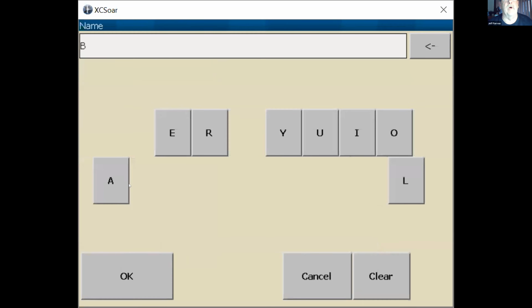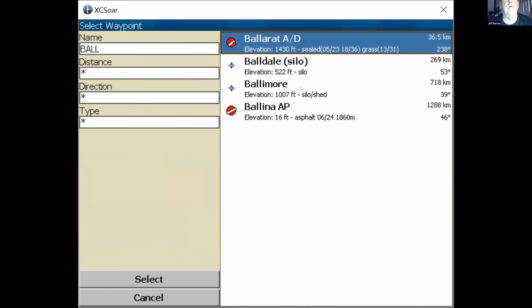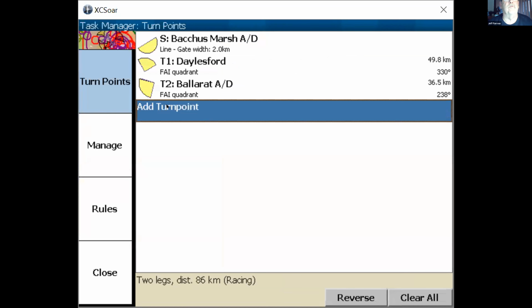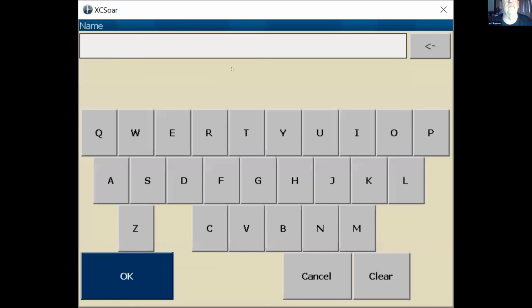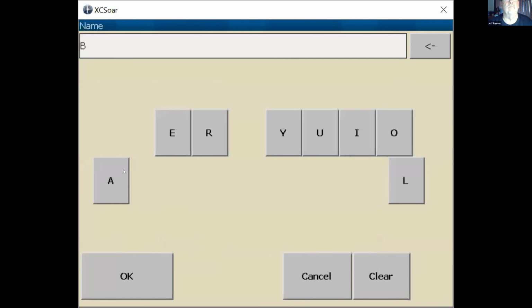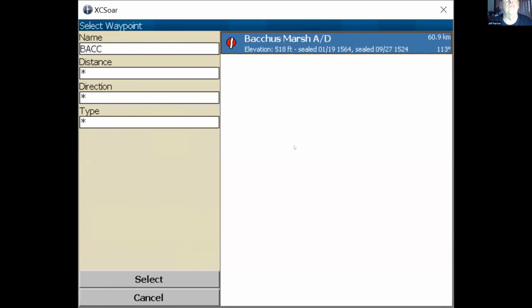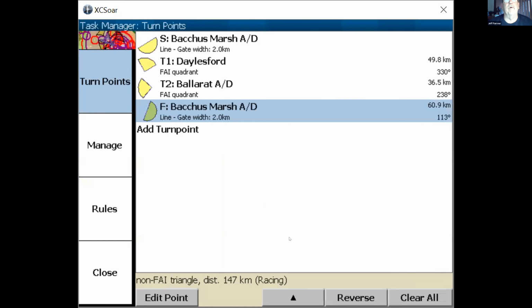In this case, say Ballarat Aerodrome. And turn point back to Bacchus. So that's our task. Make it the finish, Bacchus Marsh.